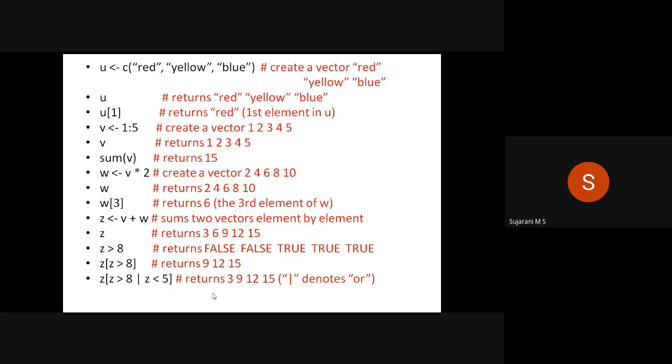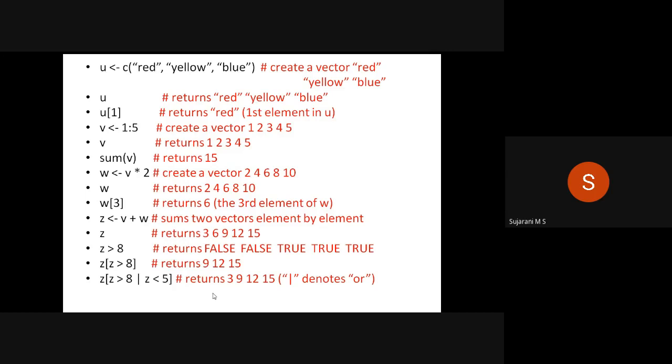That is the result. Suppose you want to print the elements, then we can use the square bracket, that is z of square bracket z greater than 8. It prints the elements that are greater than 8. So we get the result 9, 12, 15.